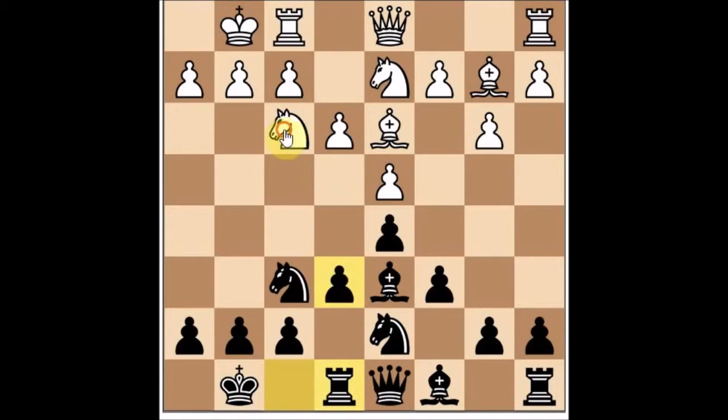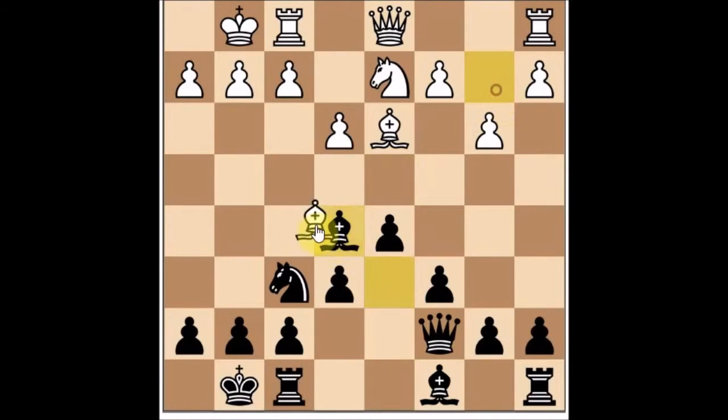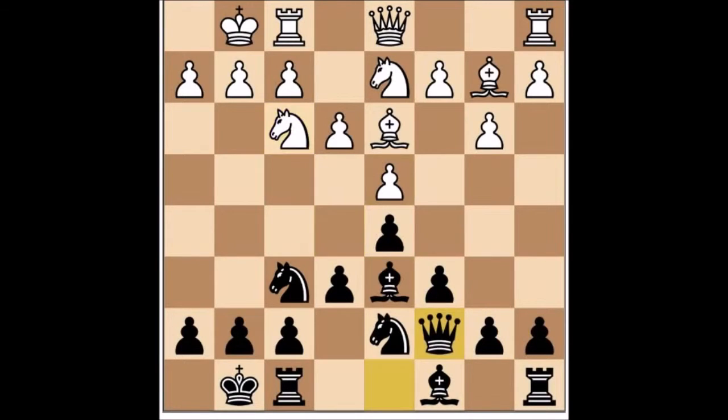However, this is a mistake because he can play knight to e5, which completely locks down the center of the board, and now I'm in serious trouble. That's why probably queen c7 would have been a little bit better. Now knight e5 doesn't work because I win a pawn. So after rook to e8, which is what I played,